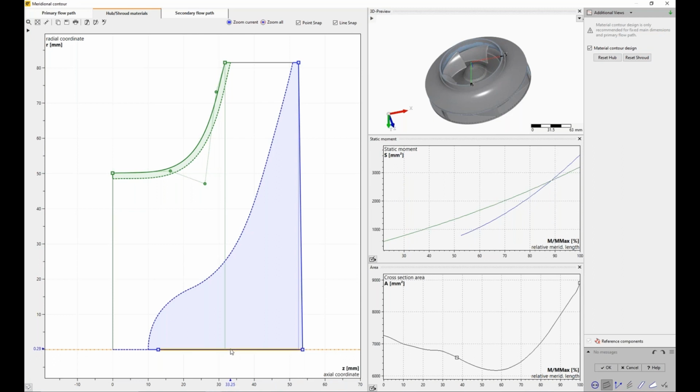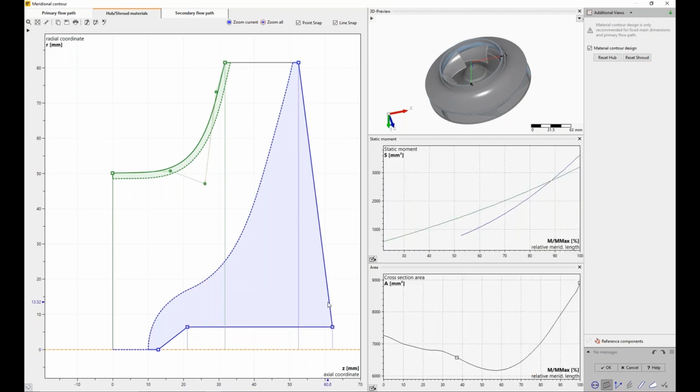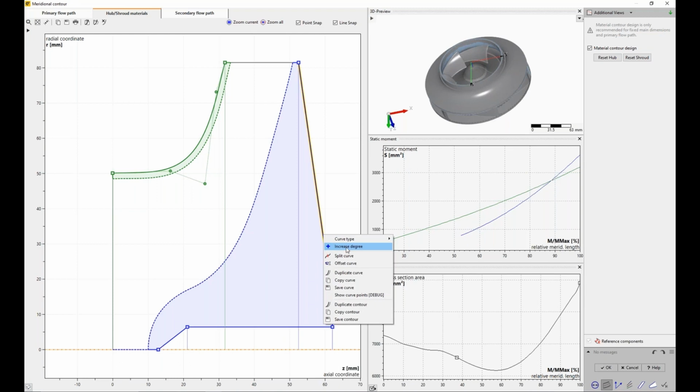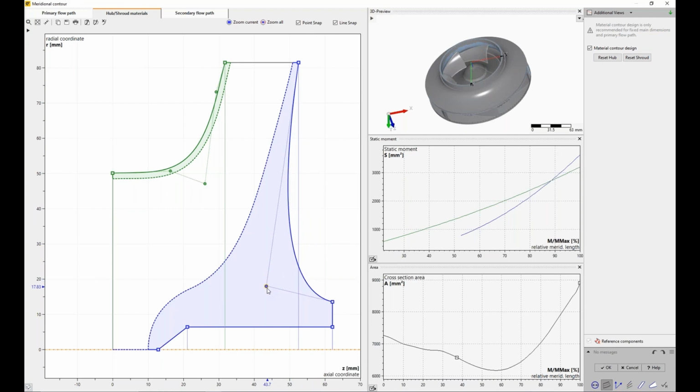I also can include, for instance, holes to just have the shaft somewhere located like that, and split curves, increase the degree of, for instance, Bezier curves, and by doing so, generating a geometry with any